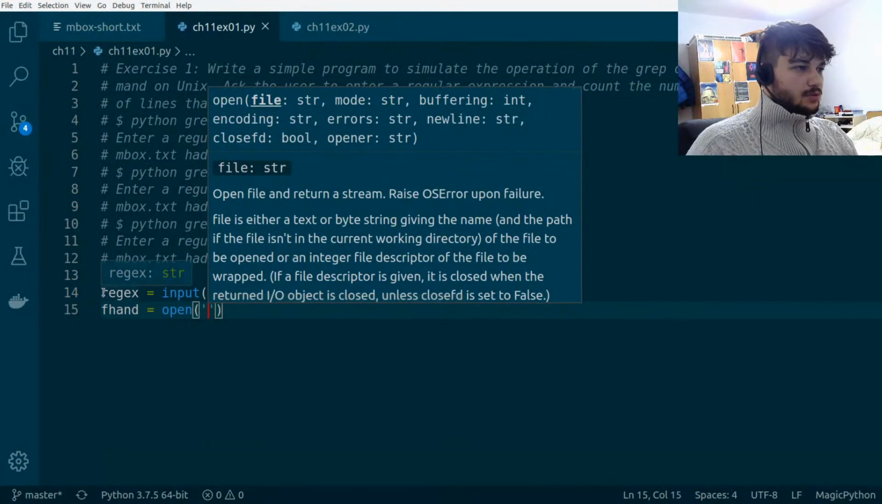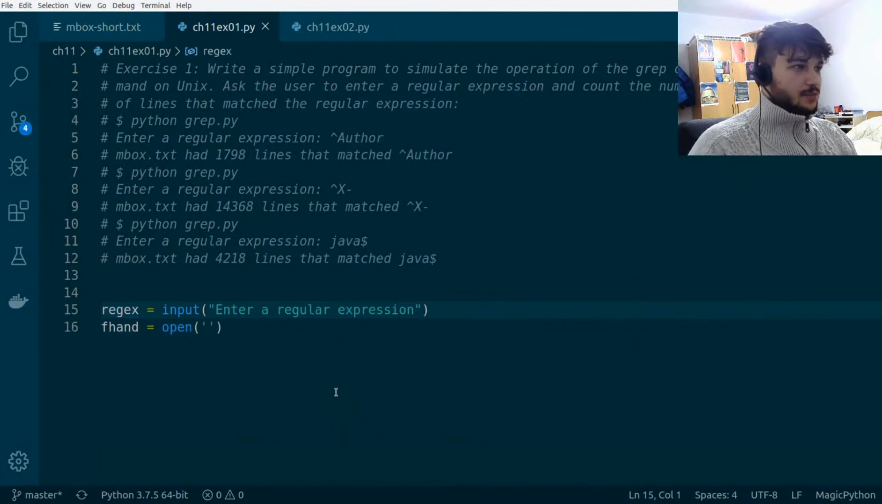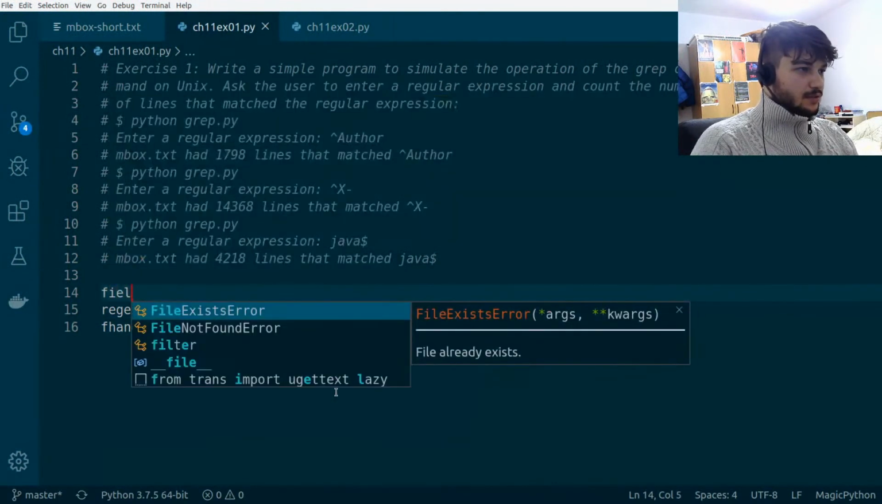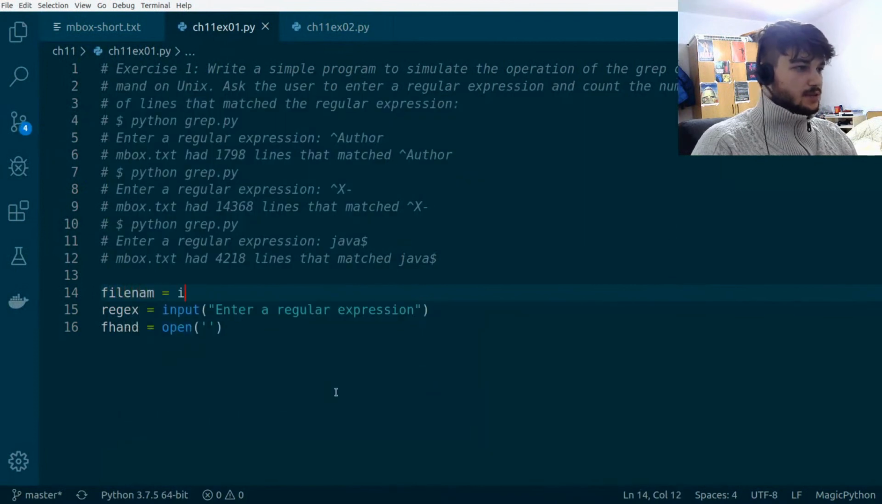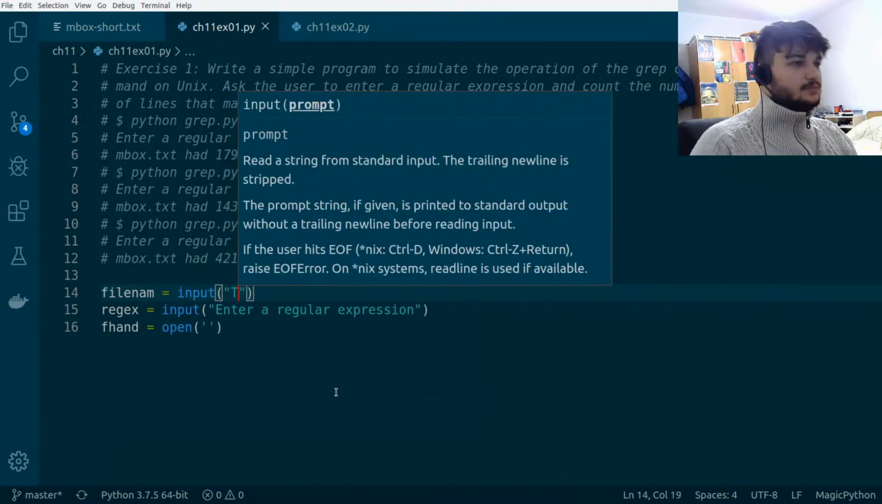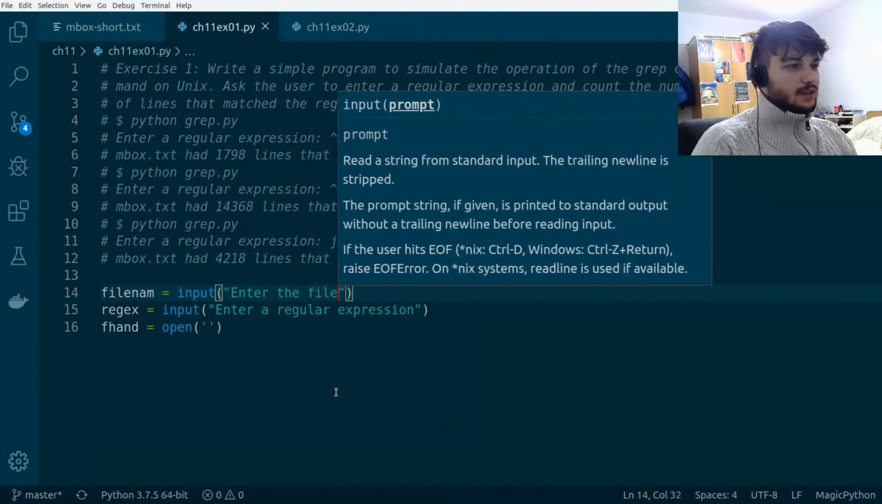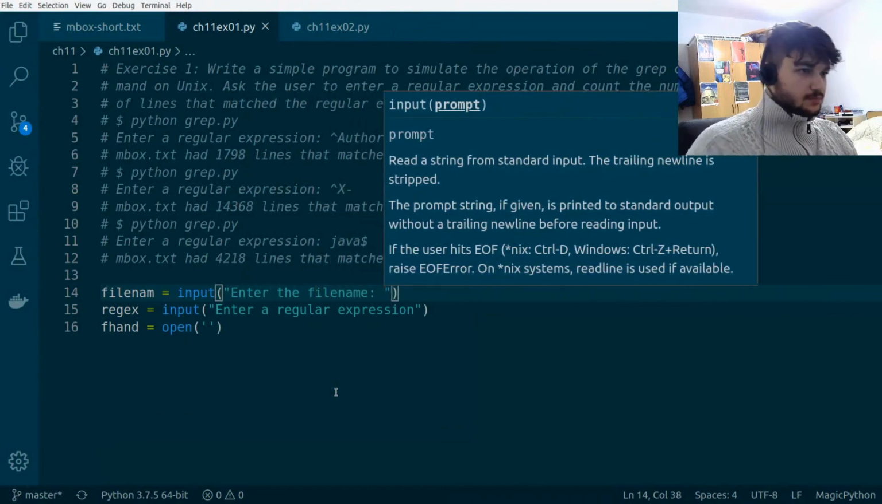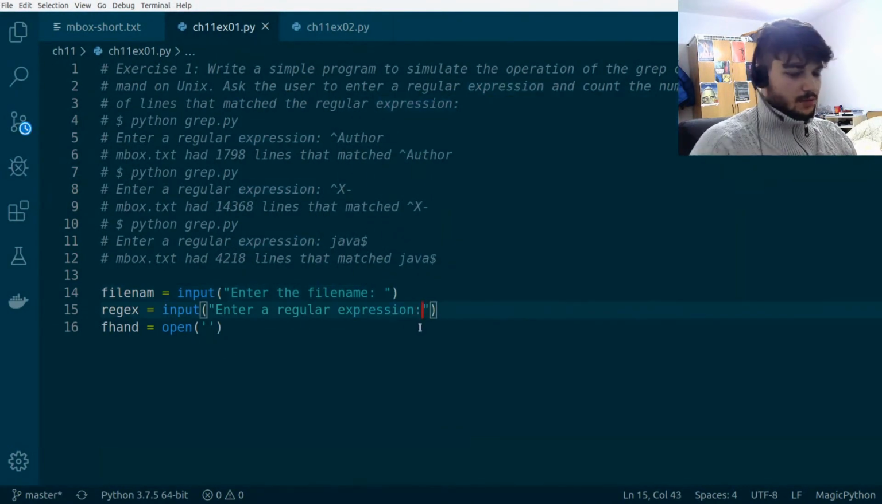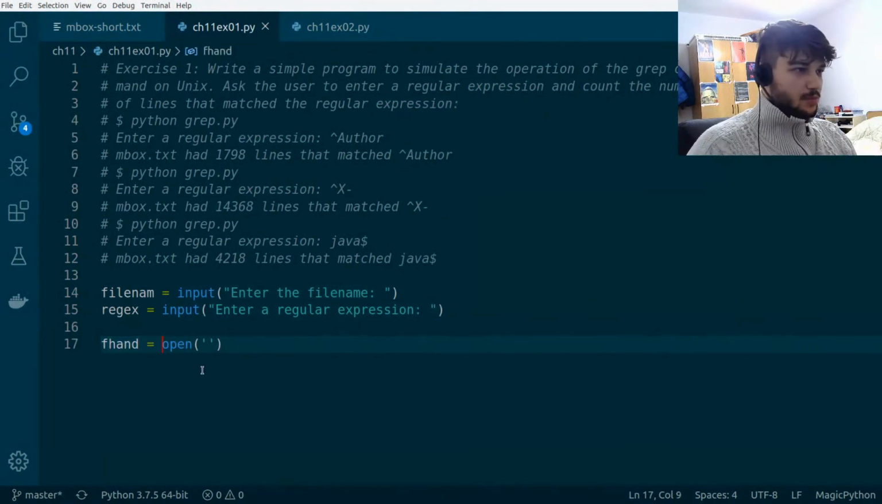Maybe you want to also get the name of the file from the user, so I'm going to add that as well. File name equals input, enter the file name, and here I'm going to add a colon as well. So I'm going to open the file name here,